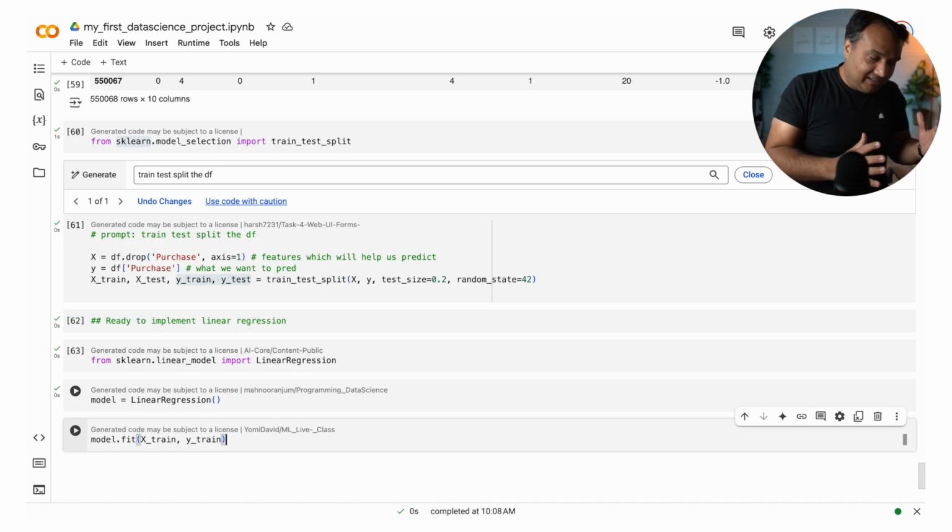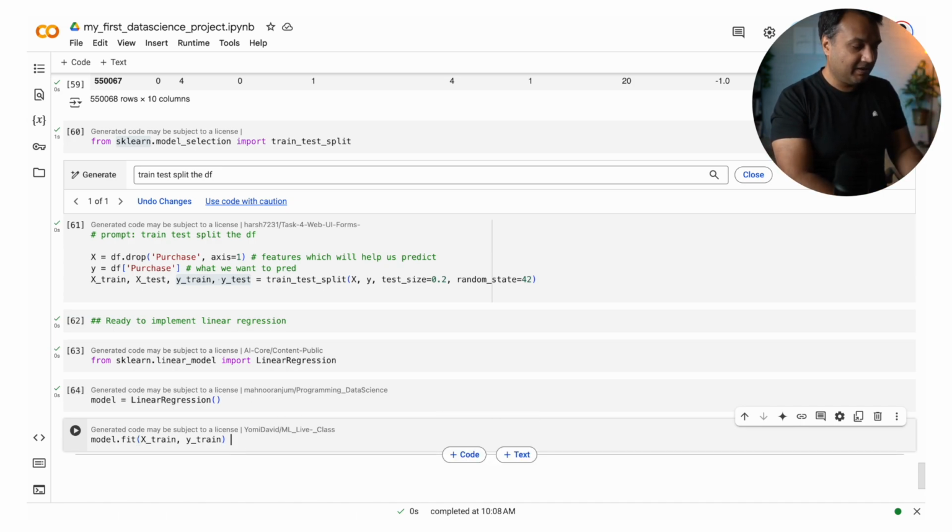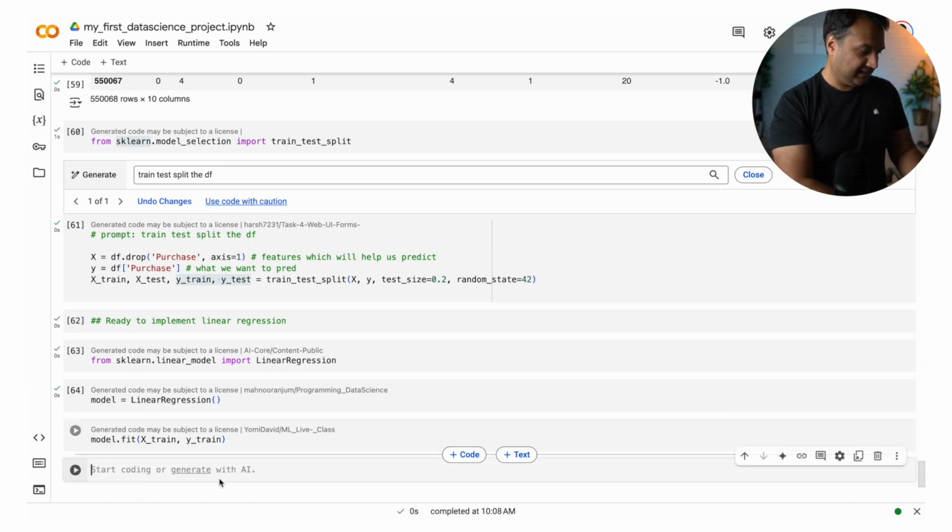X train again is my features, for example, the age of the user, the gender of the user, what was the product category 1, etc. The Y train is what was the purchase value. Now, when you hit this command, it will do all the steps, not the plotting steps, but all the steps which I explained to you about linear regression. A lot of steps.